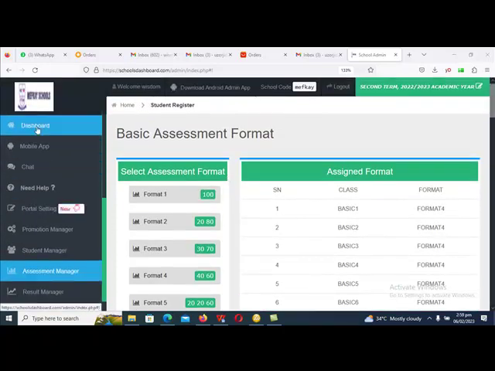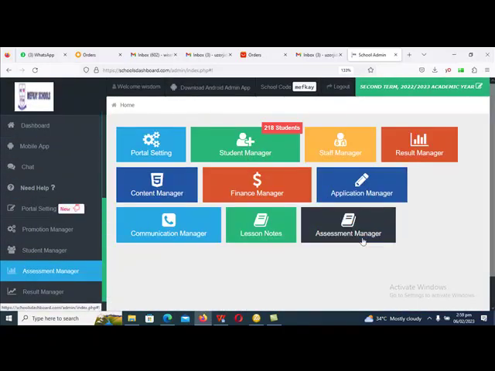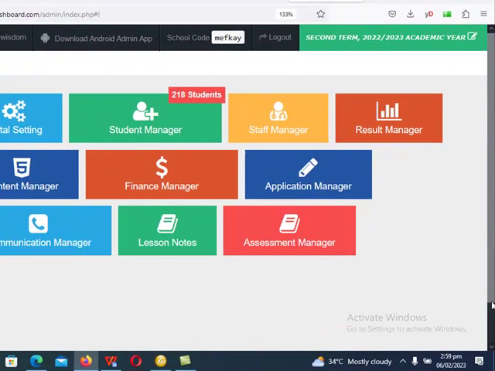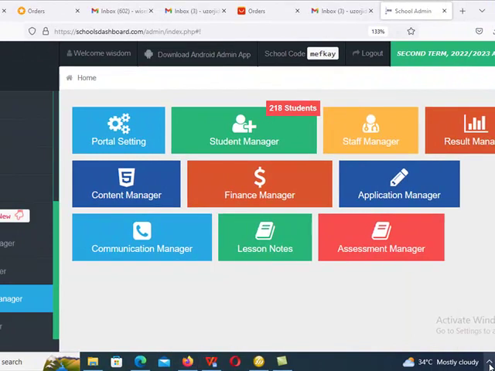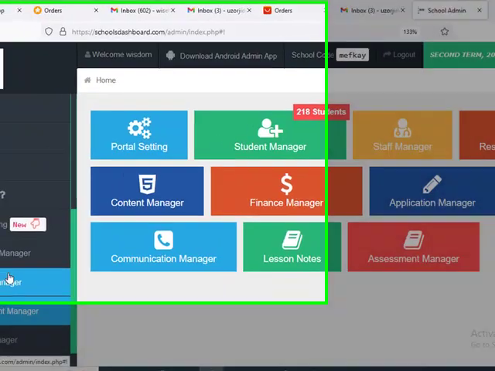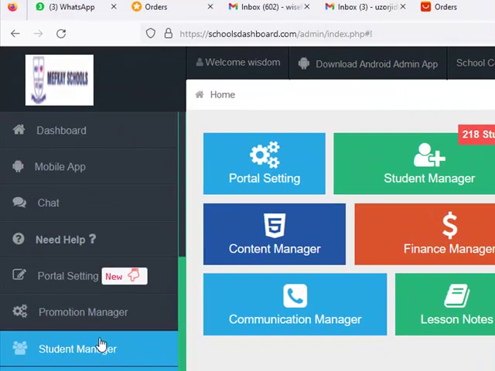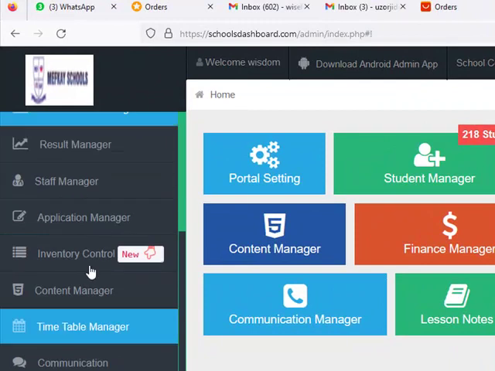Okay, so we have looked at the portal settings. So we're going to be looking at the assessment manager. Okay, so we'll come to